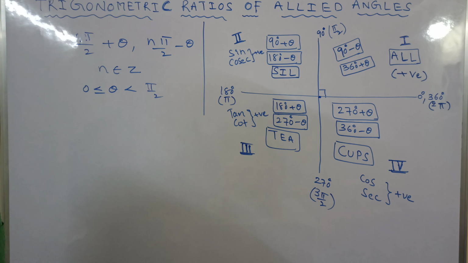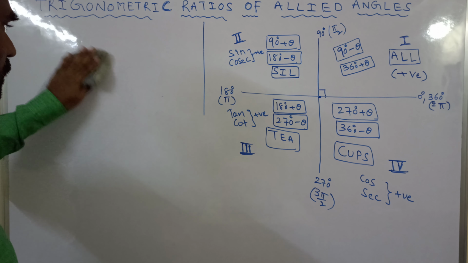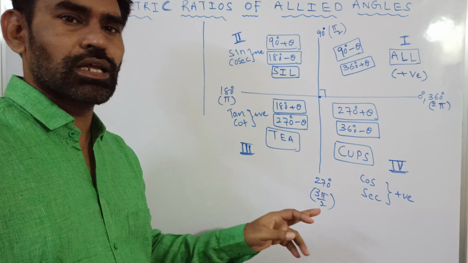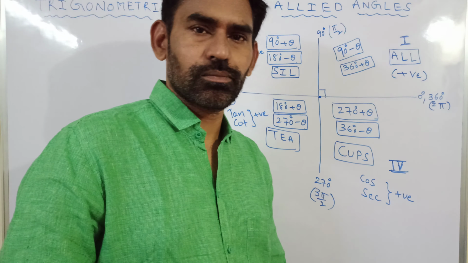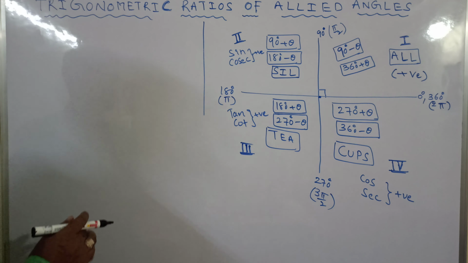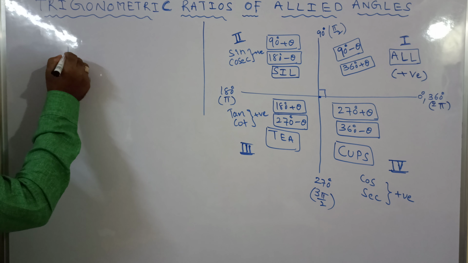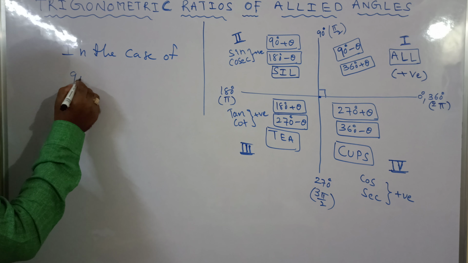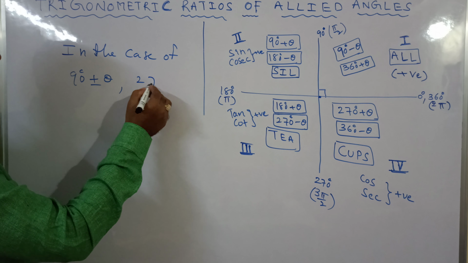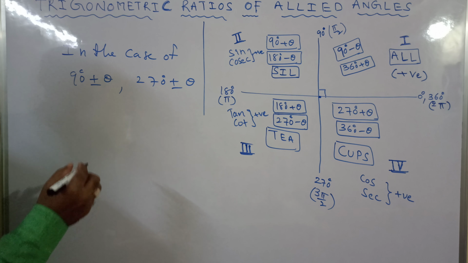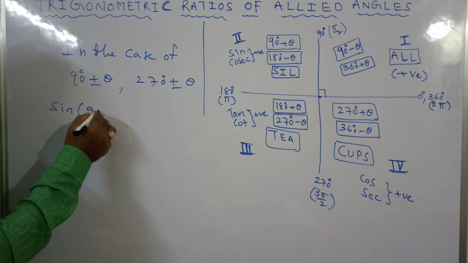See here, you have to remember one concept in this. 90 and 270 lie along the vertical line here. These two lie along the horizontal line. So in the case of 90 and 270, the trigonometric ratios are changed here. See 90, for example, in the case of 90 plus or minus theta, comma 270 plus or minus theta, when you apply trigonometric ratios, sine 90 plus or